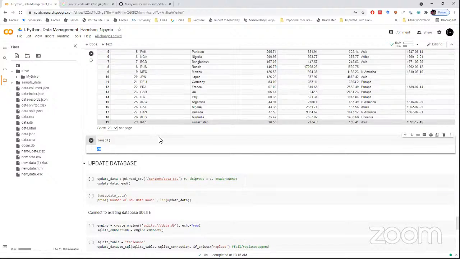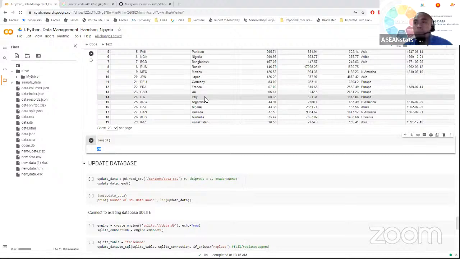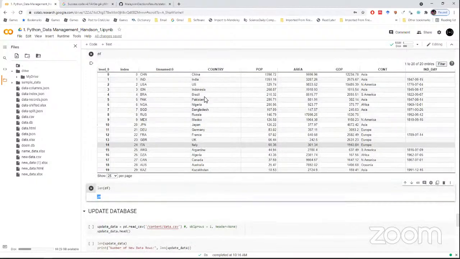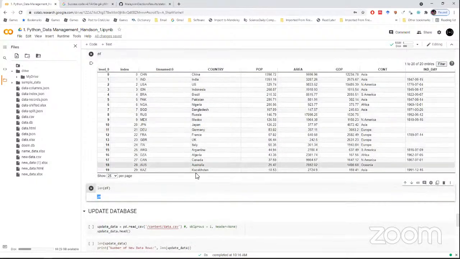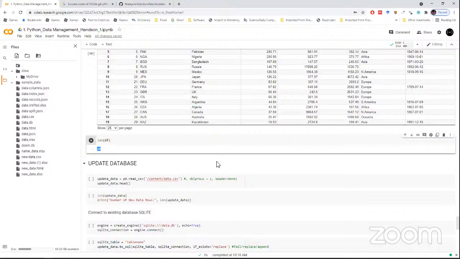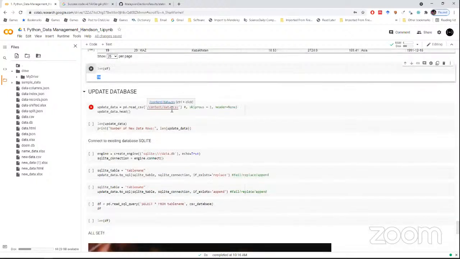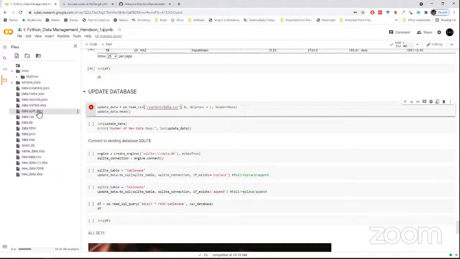Yeah. Okay, how to update the data? Since we already have the database for this data, now we have incoming data with the same column and row content, but with extra entries, maybe other countries that are not listed here. So we want to update the data. A simple way is to update the data, call the CSV. From here, I try to call the same data. So if you have other data that is similar to this, you can add it into the database. First, update the